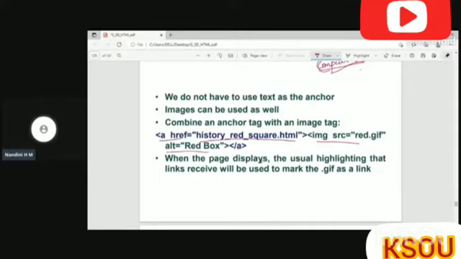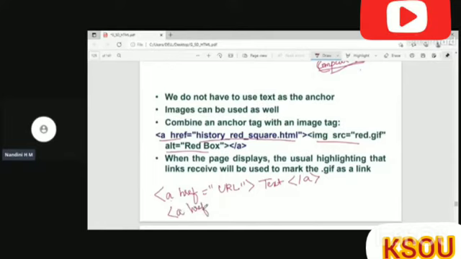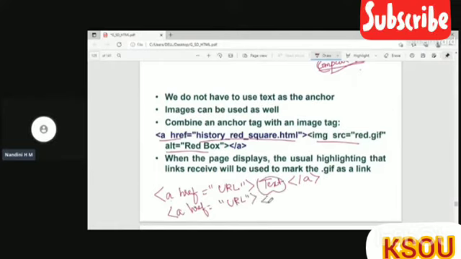If you want to give a link to a text, you'll write href is equal to URL, right? Then here you'll write the text. While clicking this text, it will take you to this URL. Then you'll close the A tag. In order to create a link to an image, href is equal to URL, this is the URL of the web page. Here, instead of the text, you have to place an image.